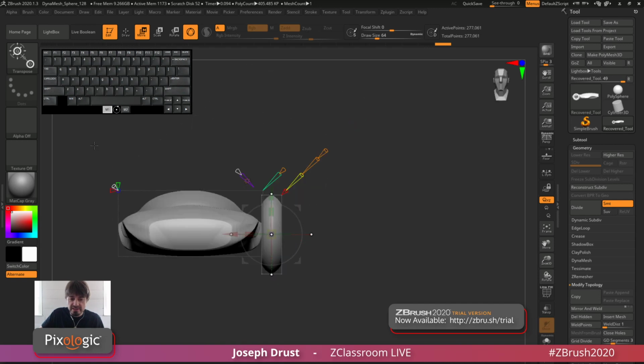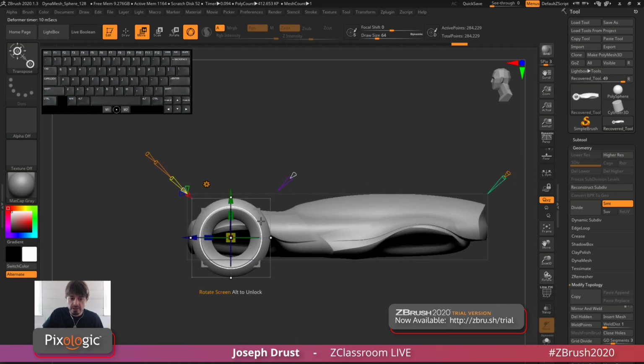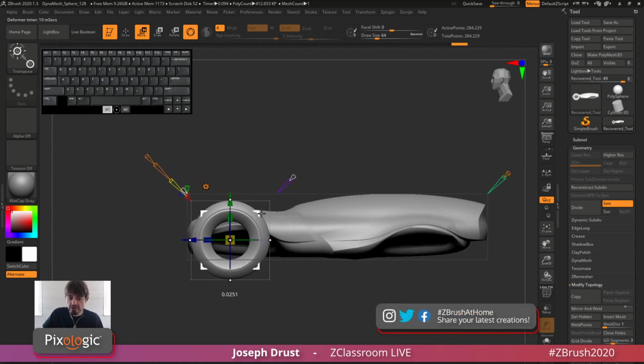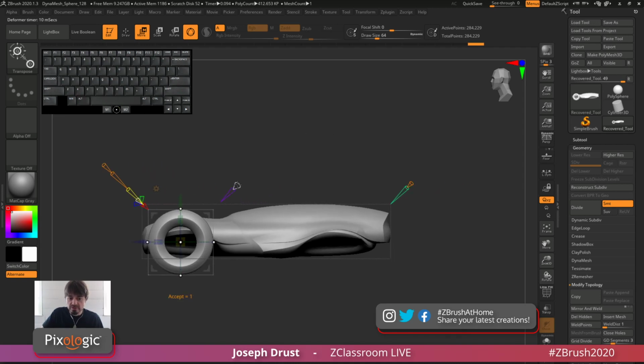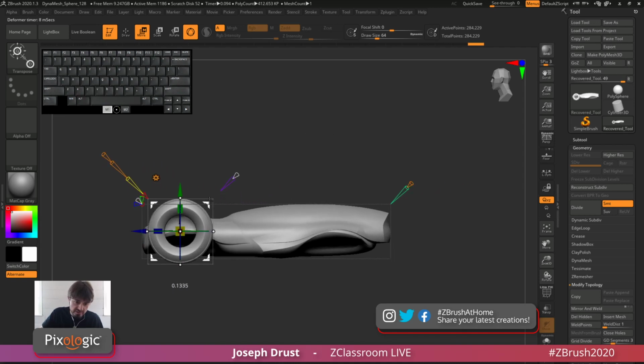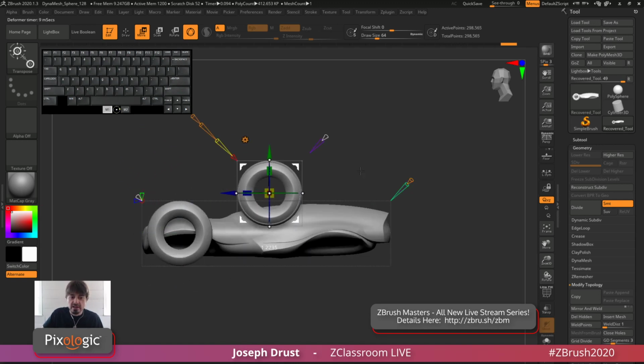So I want to activate that symmetry again because I want 2 of these. So I'm coming over here to this cone and turn that on. Now I have 2 of those. And now I can position this somewhere in here. I kind of like them up front, maybe something like that. I'm happy with that one, so I'm going to click accept. Well, let me just see what it looks like if it's lower. Maybe we may keep it lower. I may do it like that. I'm going to click accept, and that's now going to give me that as a copy, and now I can